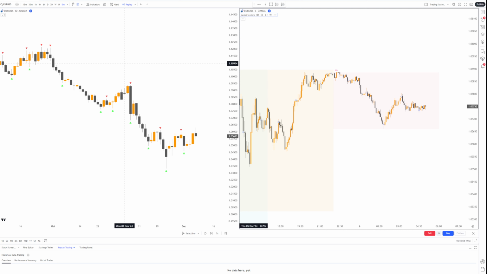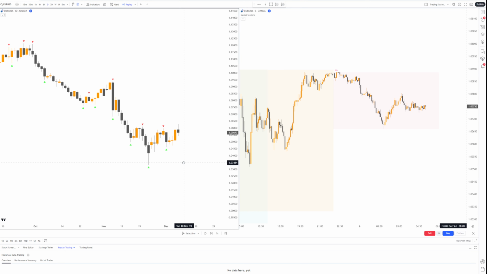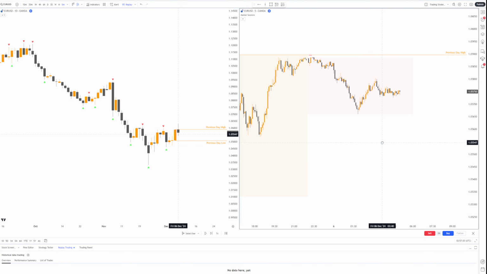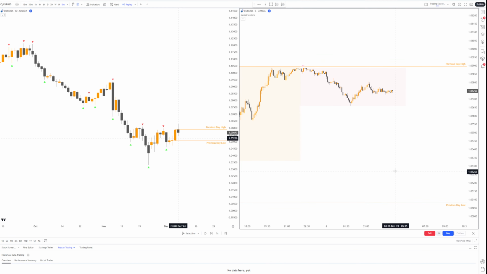Let's find out. So in front of us, what we have on the left hand side is the daily chart. On the right hand side, we got the 5 minute chart. This strategy requires you to mark out the previous day high and low. So let's do that. Previous day high and previous day low. And what you want to do is name them so you know which is which. And then you will see that automatically on the right hand side it prints the same thing but on the